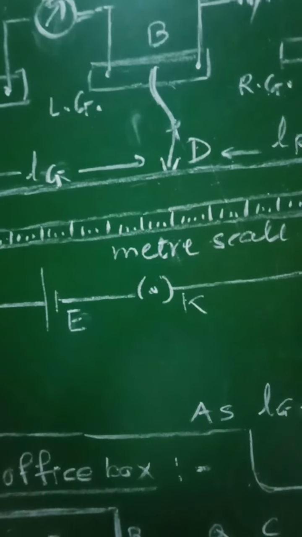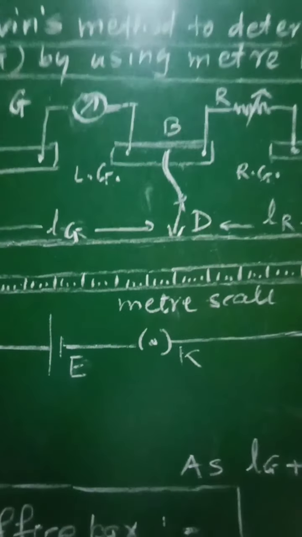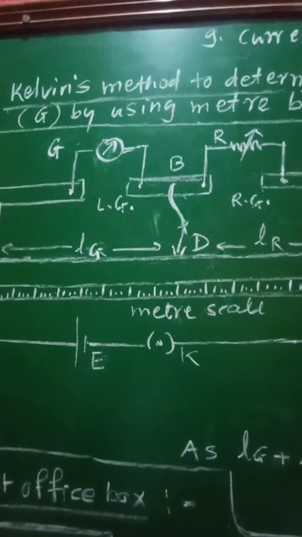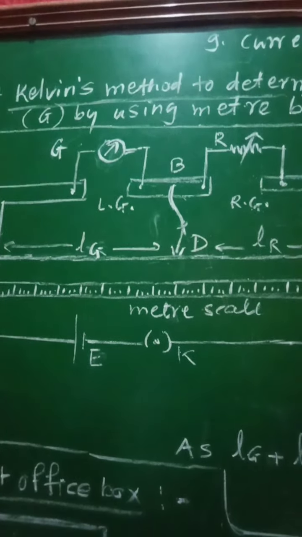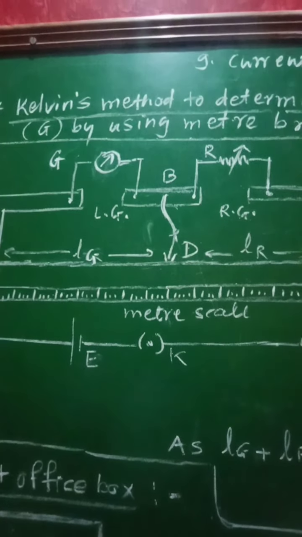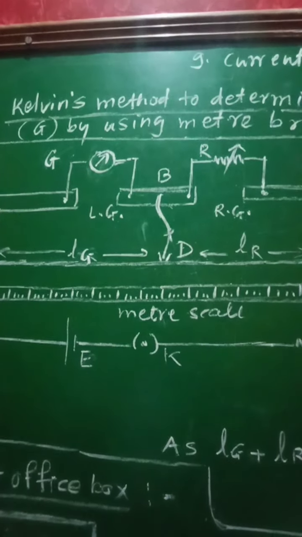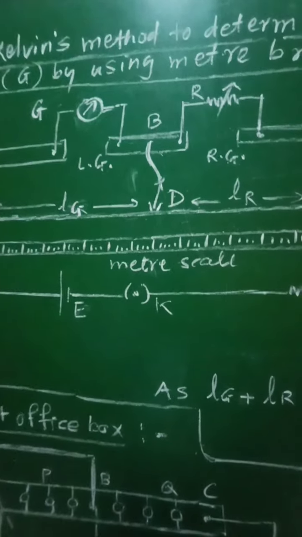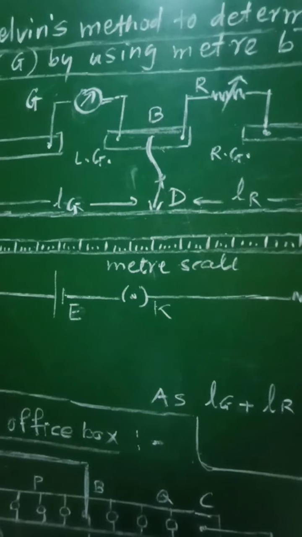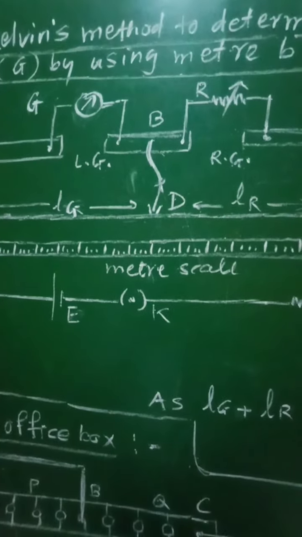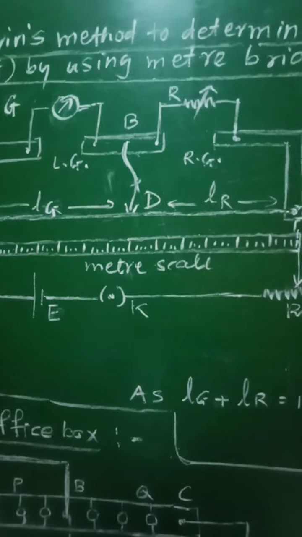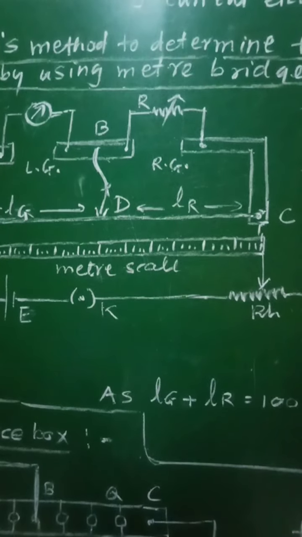After that, when the galvanometer shows that deflection will be large, and therefore the rheostat RH is adjusted to get a suitable deflection near about 2/3 of its range. Generally the range of the galvanometer is from 0 to 30, so at 2/3 of its range the deflection will be adjusted by adjusting the rheostat. Then jockey is tapped at different points.